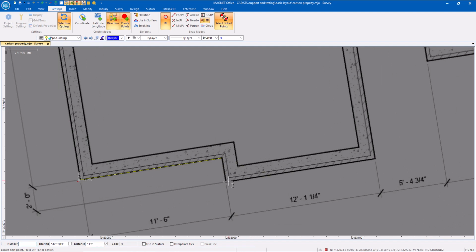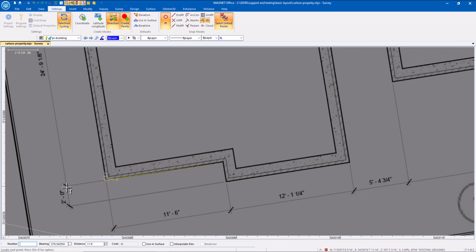Okay, so now I want to do a 2-foot segment here, but I want it to be an angle right. If I come to the bearing option and tell it it's a positive, that's going to turn an angle right, a negative would turn left. So keeping all of those angles 90 degrees, we're going to do a positive turn and we're going to go 2 feet and we hit enter